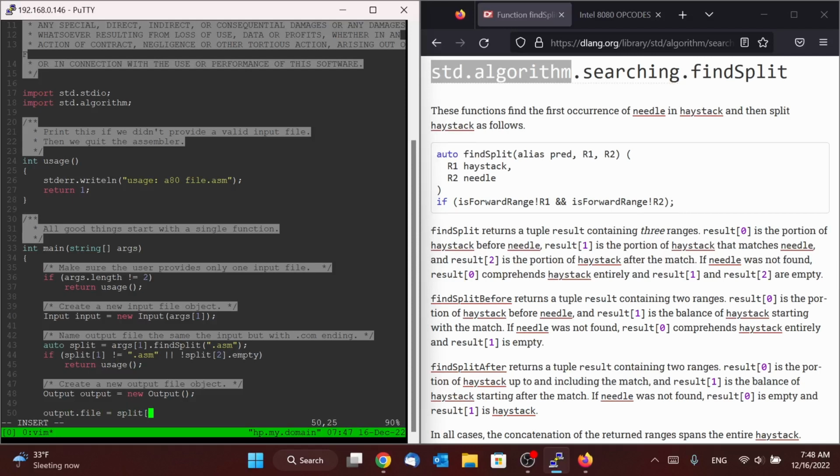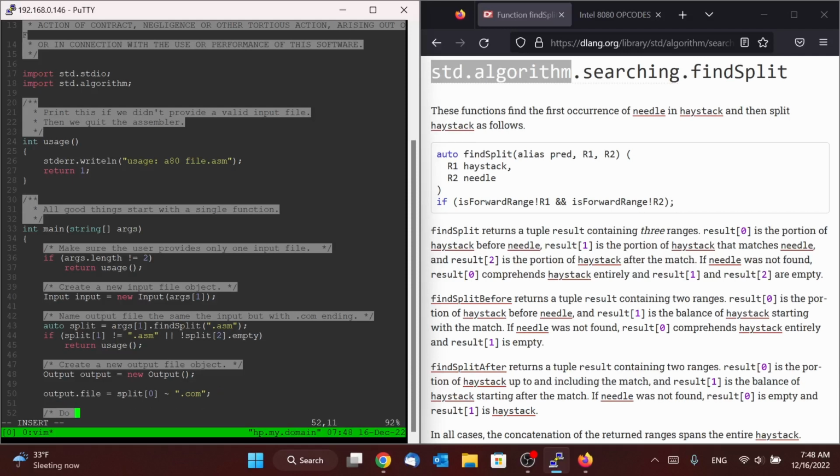The file name must be split 0 concatenated with the .com extension. Again, split 0 will be everything before the .asm in our file.asm input file. The tilde character in D is string concatenation, so I can just say split 0 and then .com.